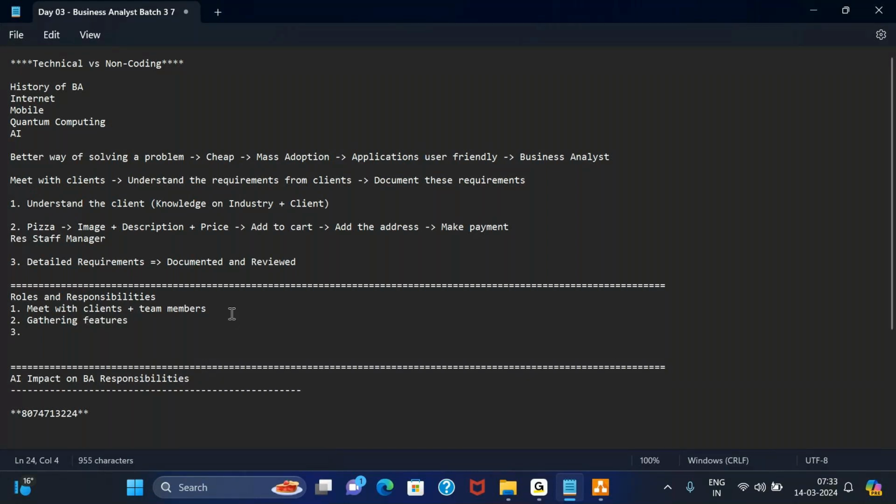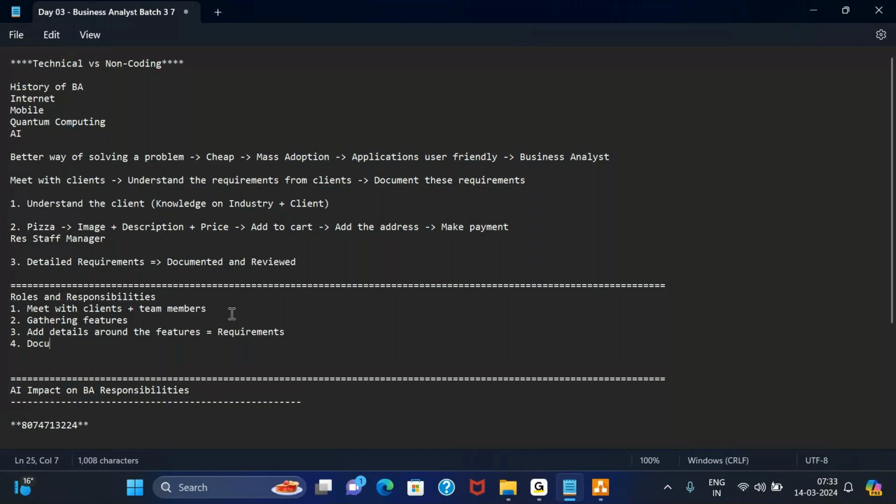Then whatever features we have, we add details around the features. These details convert my features into requirements, and then we document these requirements.